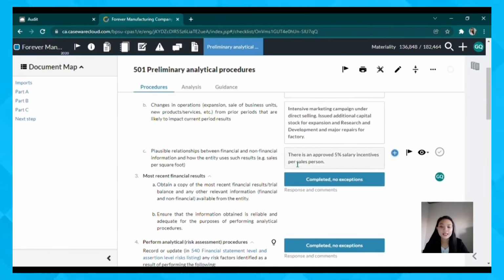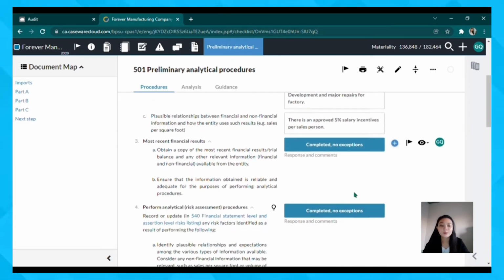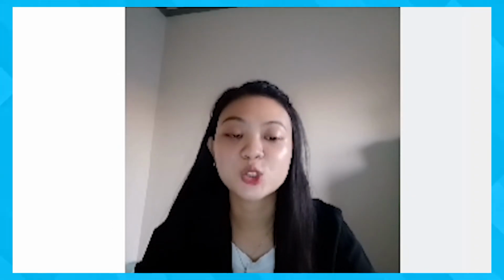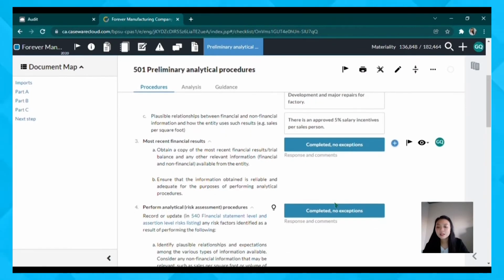So, let's type the trends and changes na na-observe natin. Pwede rin tayo dito mag-add ng mga reviews or comments para may mga reference tayo for the analytical review. Ito yung magiging guide natin para sa additional information na nanote natin dito sa audit. Then, we will